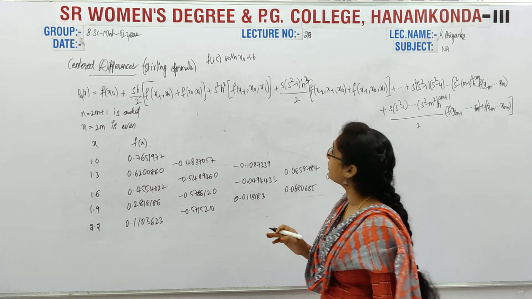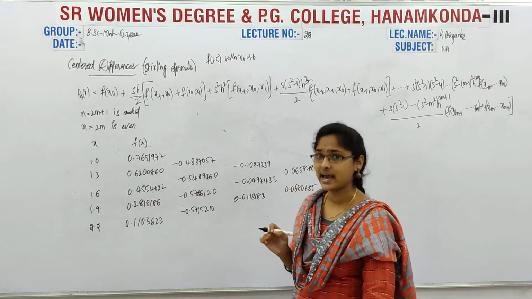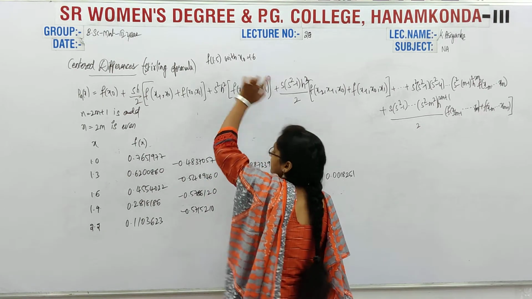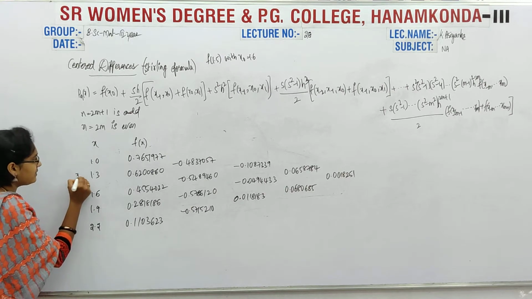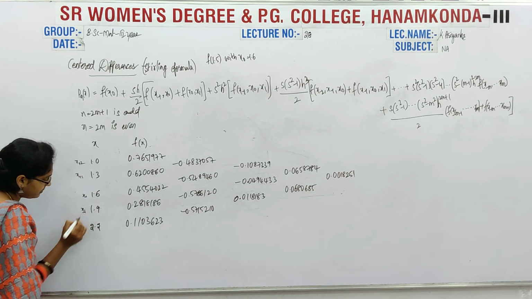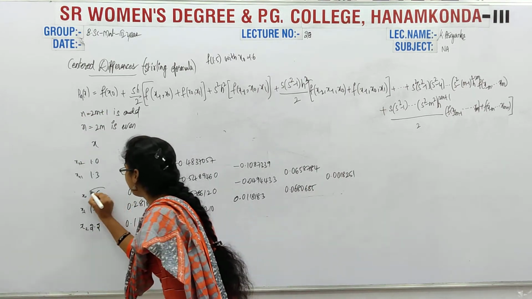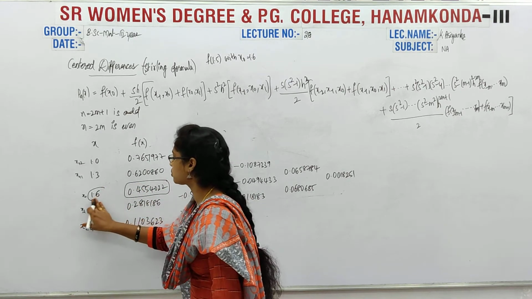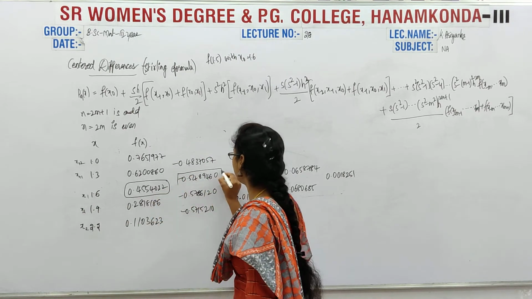These are the values. Now, f of 1.5 means x equal to 1.5; we have to calculate the value at x equal to 1.5, and they mentioned x naught is 1.6. So this is x naught, and these values are x minus 1, x minus 2, and these are x plus 1, plus 2, and here minus 1, minus 2. Down is negative, above is positive. Now x naught is next. For f of x naught, you don't need to round off.